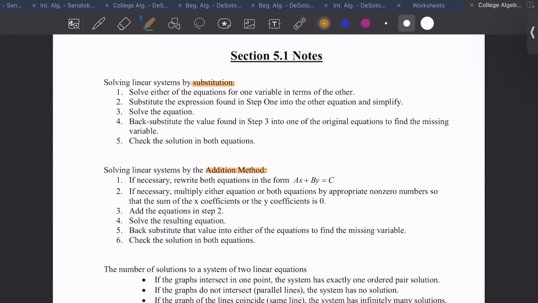Okay, so say I give you two equations. I give you a system of equations, and I want you to solve for x. Okay, and maybe I'll say use the addition method. Okay, if I tell you which method to use, and you need to use the addition one, okay, you're going to multiply either one or both. So if I told you to solve for x, you're going to want to zero out your y's. Okay, because once you zero out your y's, you would have x equals whatever. Okay, and then once you find that value, if I told you to find both values, you would back substitute again. Okay,